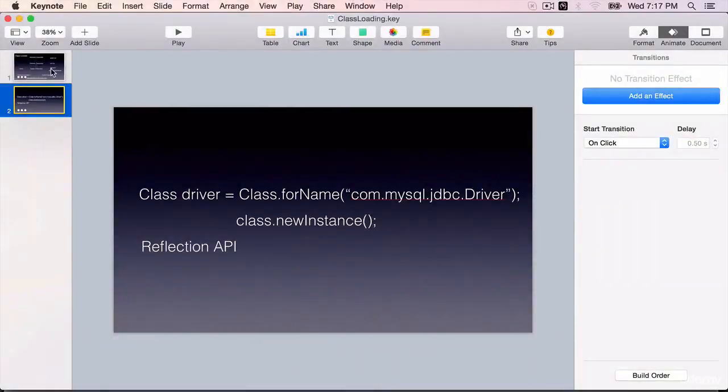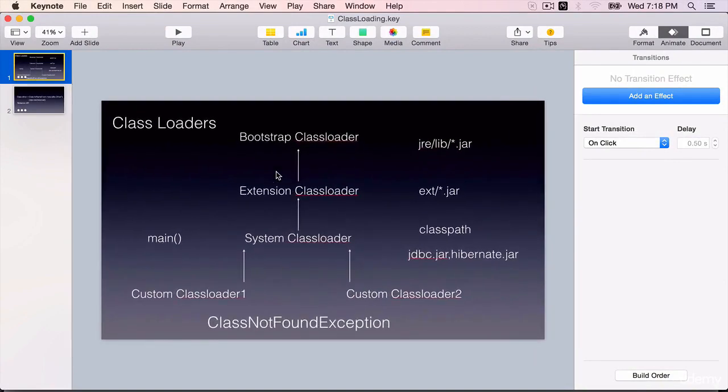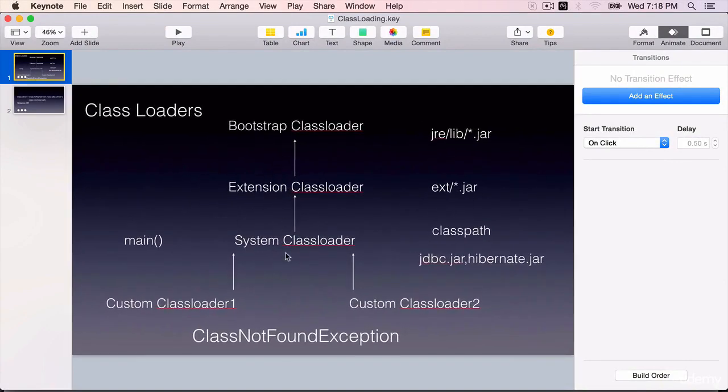So in this lecture, you have learned that an application or a JVM can have multiple class loaders. Every JVM need not have all these. It's up to the JVM implementation, but typically they will have a bootstrap class loader, an extension class loader, and a system class loader. It also allows us to create our own class loaders if required, and they are hierarchical. That is, parent and child. The child always requests the parent class loader to load a particular class. If it's already there, it will use it. The parent classes will never have access to the classes loaded by the child classes, but the other way around is possible.